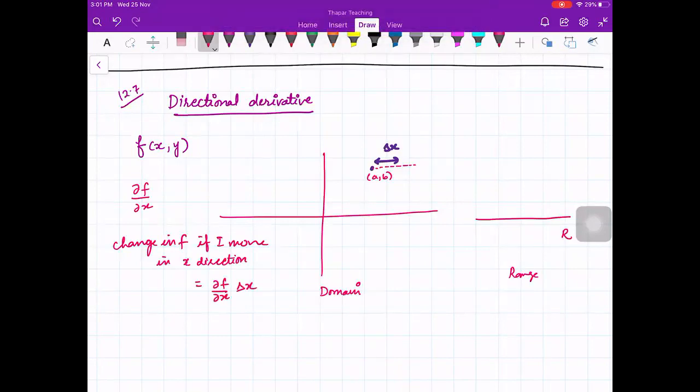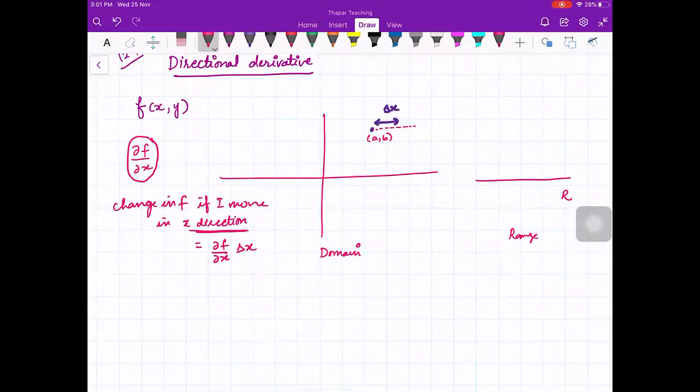Yes, ∂f/∂x into delta x, right? So this derivative, which is a partial derivative with respect to x, just gives me the information about the change in my function if I move along the x-axis. Okay, and if I move in the y direction,